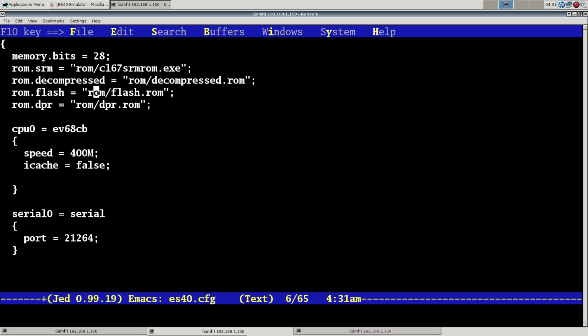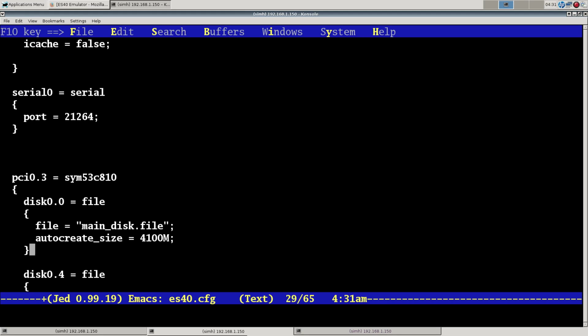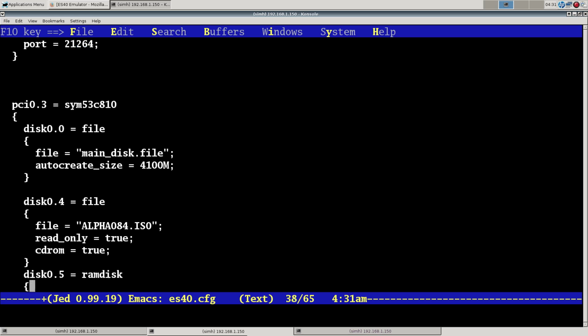They're all the bits and pieces for the ROM. You'll actually need to go find a copy of an ES40 ROM firmware upgrade kit. Google can help you find that. The console is interfaced with via Telnet, so Telnet off to that port. Again, love that they use 21264 as the default for that. We have our disk controller